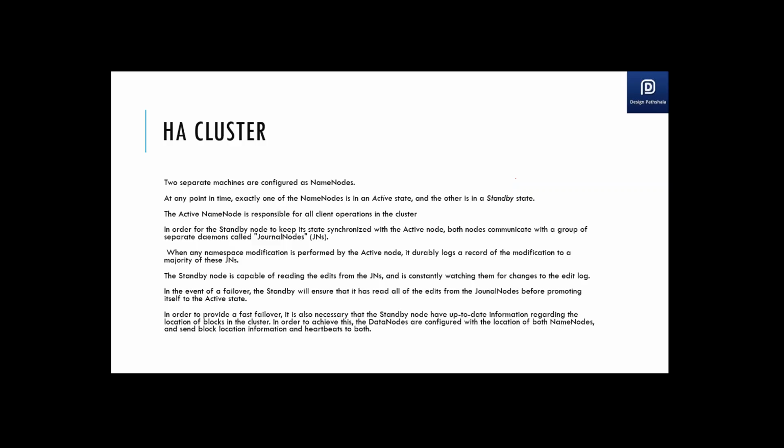And in order to provide fast failovers, it's not only the edit logs which are maintained by your secondary name node, but the data nodes also keep on sending the heartbeat signals to your name node, so that the name node knows the data node is up and things like that. So these data nodes not only send the heartbeat signals to your active node, they also keep on sending the heartbeat signals to your secondary node, so that when the secondary node has to be made active, it knows the current state of the system and which data nodes are up. So the change logs as well as the data nodes which are up, everything is known by the secondary name node. So it's pretty easy, or almost transparent to the user, to make the secondary node active.